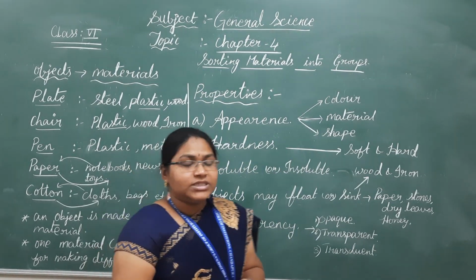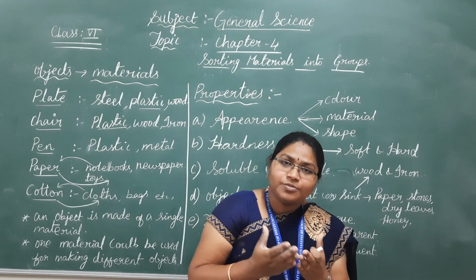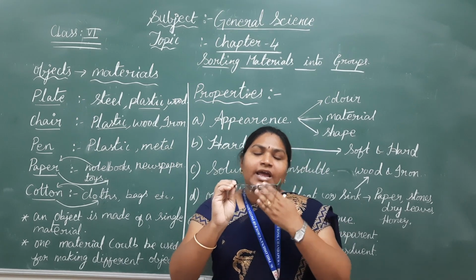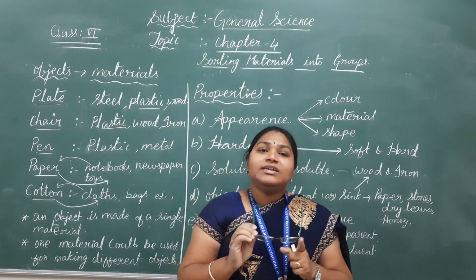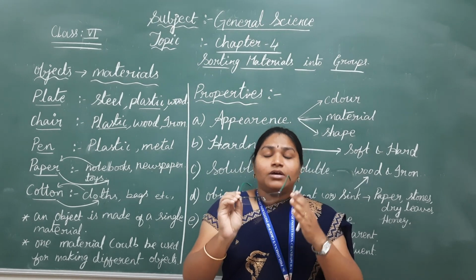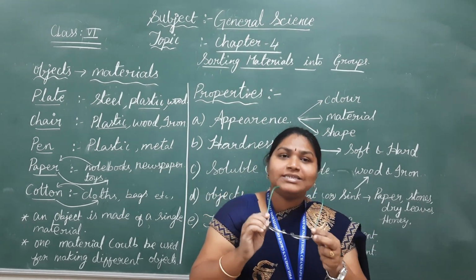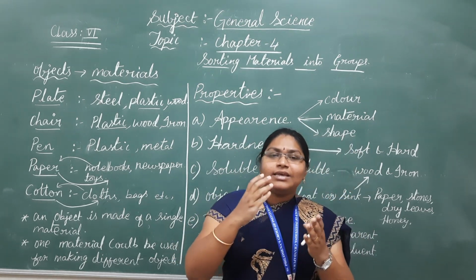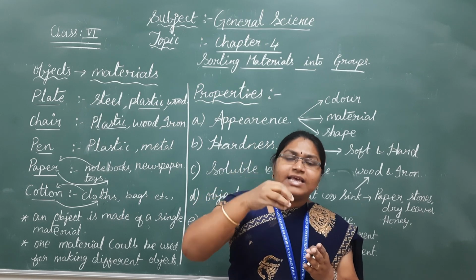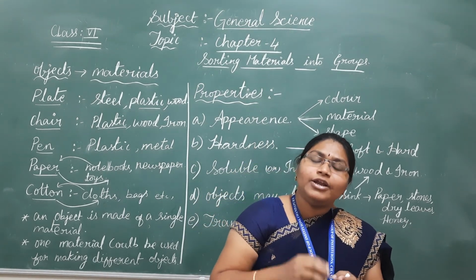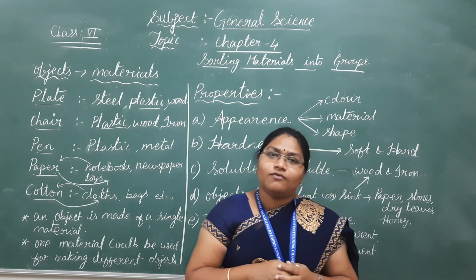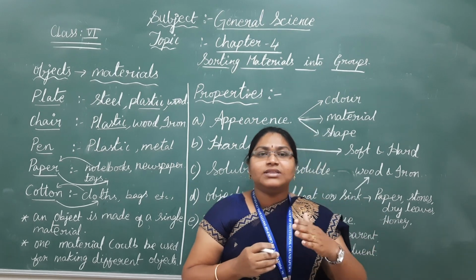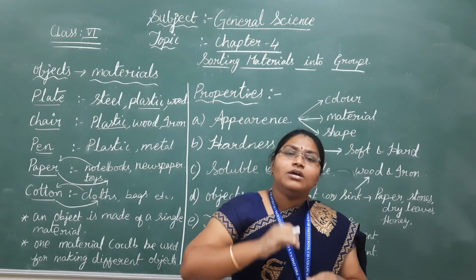So what is transparency? Whatever the object, suppose this is the spectacle, right? You can see from one end to the other end without any disturbance, with clarity. That is transparency, like a glass item. If you take a glass of water, you can see what is inside the glass, and if you added anything, you can clearly observe it inside that glass of water. Why? Because the glass is transparent. You can clearly observe whatever is happening on that side or inside the glass.